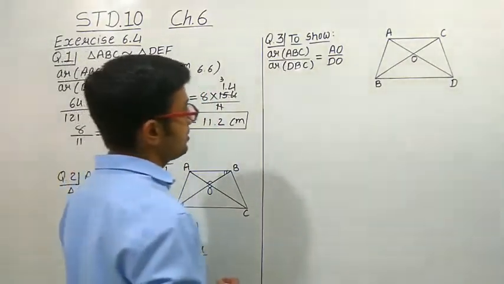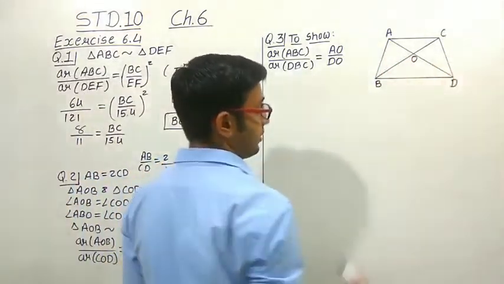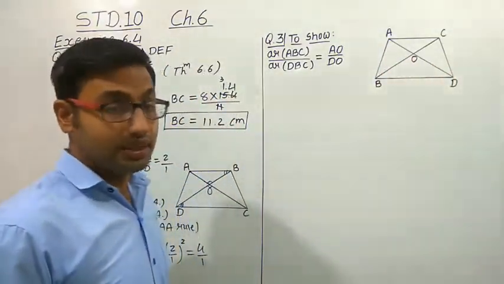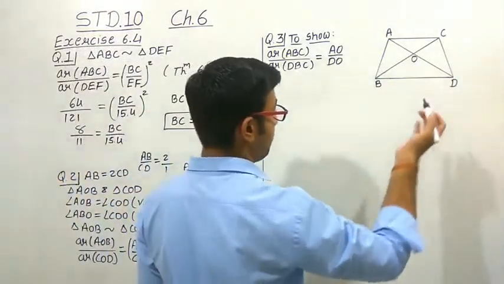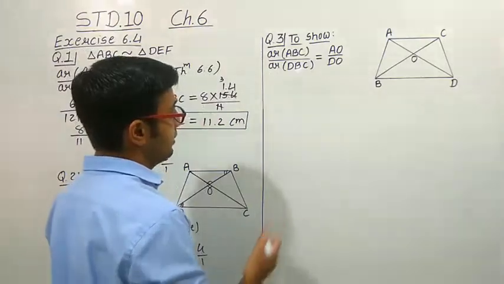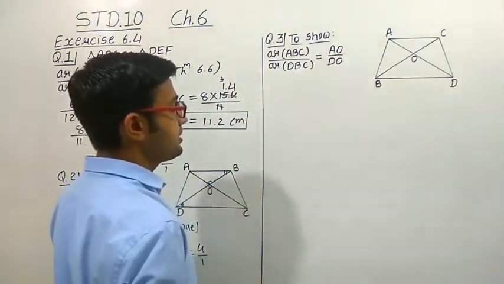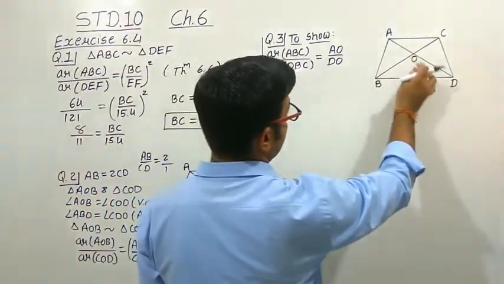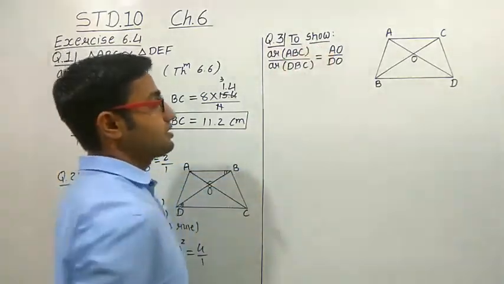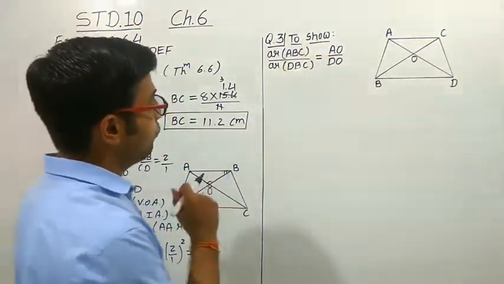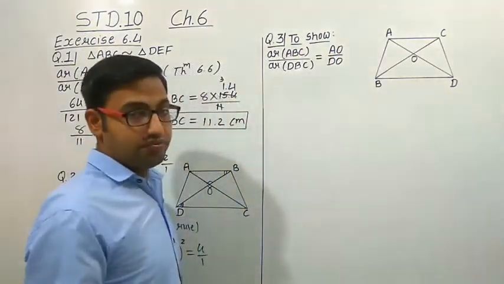See, here it is not given that quadrilateral ABDC is a trapezium. So we cannot use any of the criteria of parallel sides. Here we have to prove that area of ABC upon area of DBC. Also, we cannot prove that these two triangles are similar. So to find the area of triangle ABC, we know the method: 1/2 base